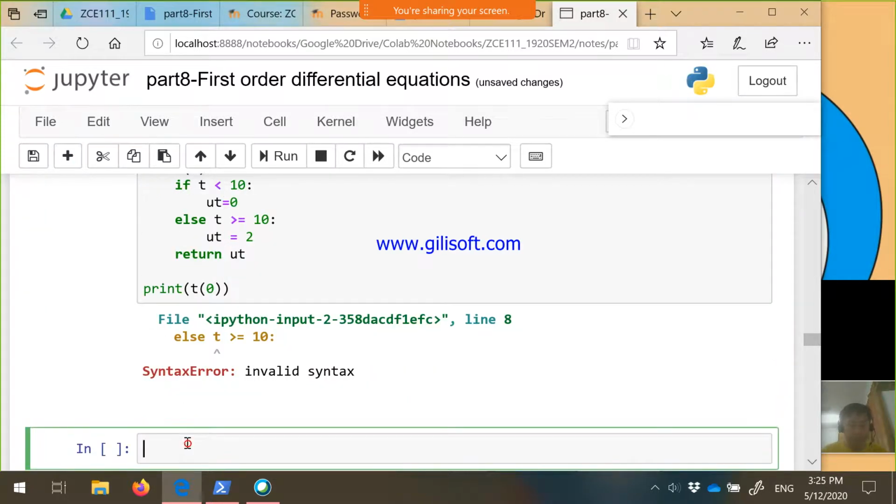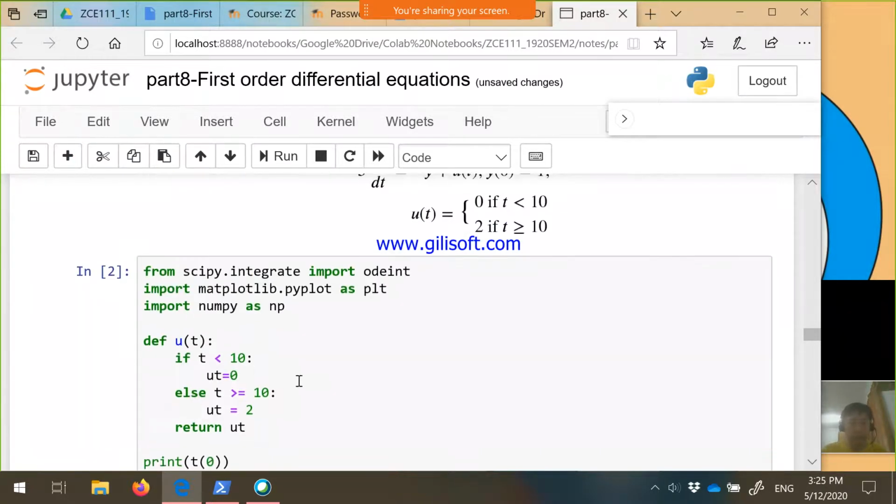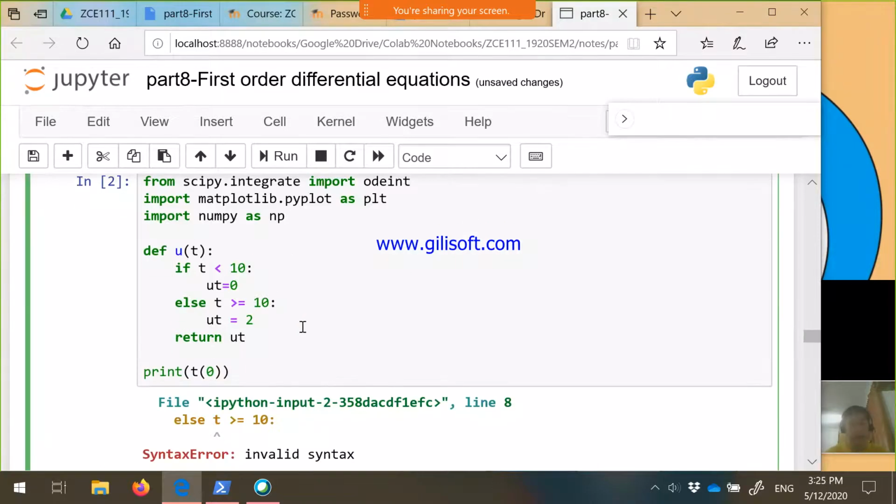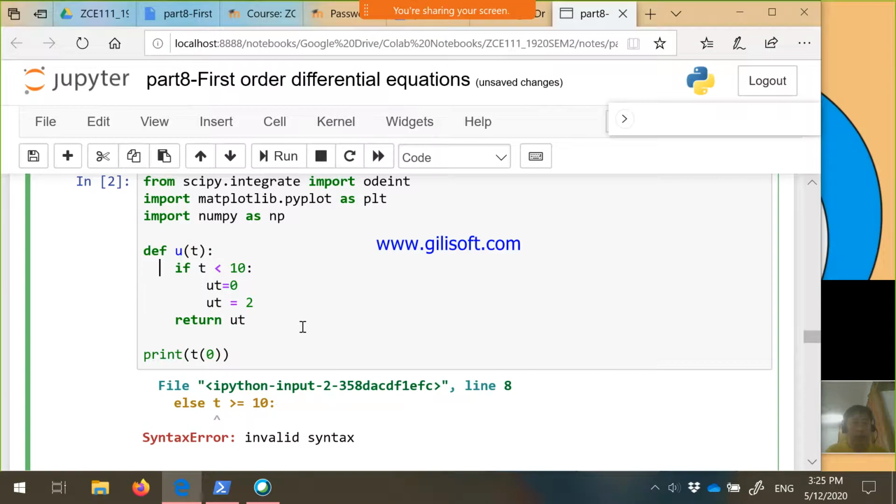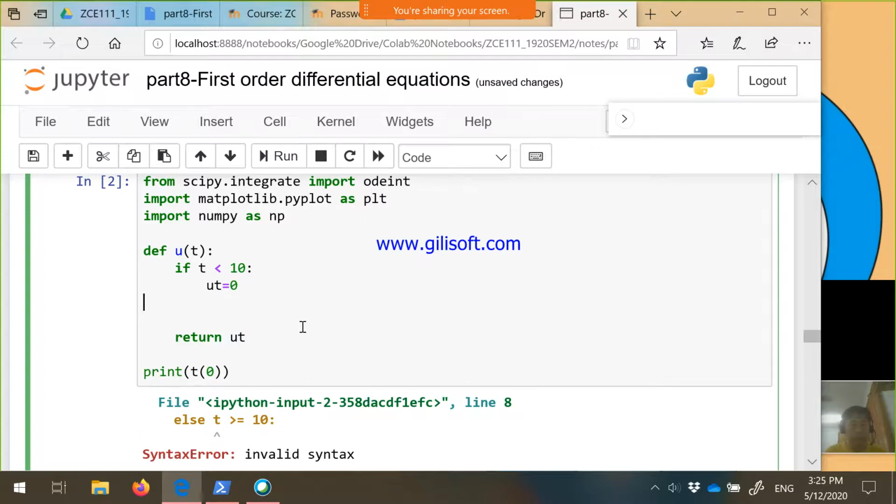So let me paste the model here. Okay, so I'm still in the process of defining the u. So it goes like this: if t is less than 10, then u is defined as t. Then now I should put an else, but since I do not know how to use an else for